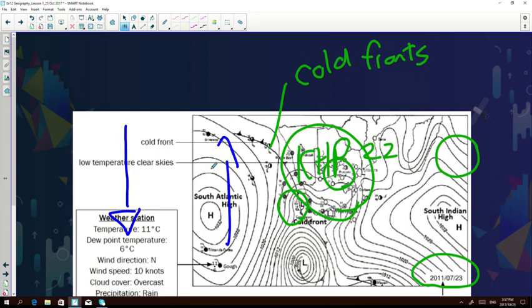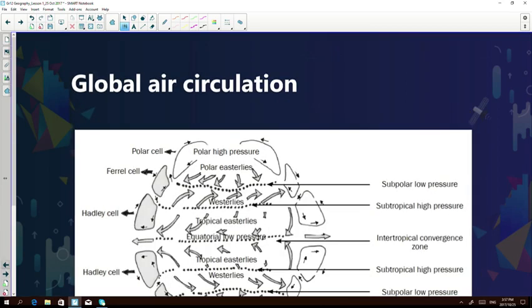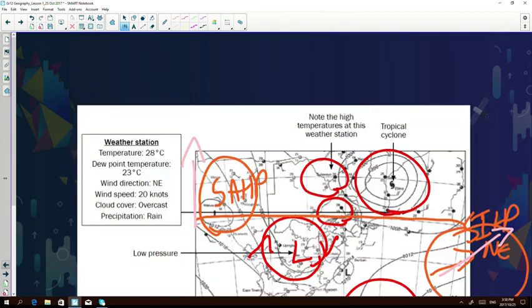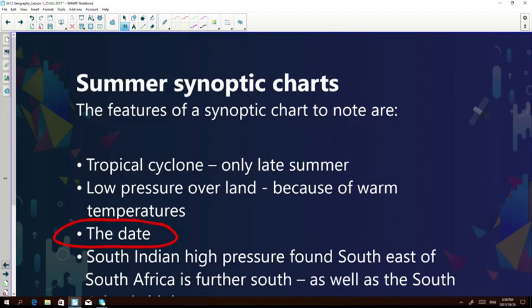Now, the South Atlantic high pressure system has migrated towards the south. Now, this to the north. So basically what happens, that's the reason why mid-latitude cyclones have a severe effect on South Africa's climate during winter. And the South Indian high pressure system has also migrated towards the north during the winter. Now, in the exams, you need to be able to distinguish between both of them. Very importantly, you need to be able to identify